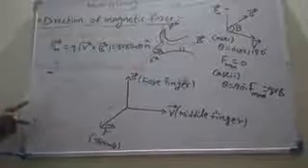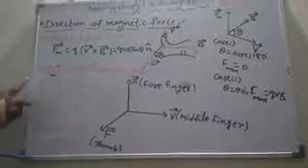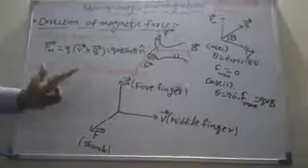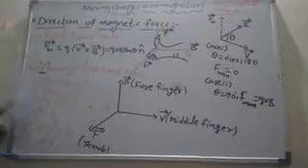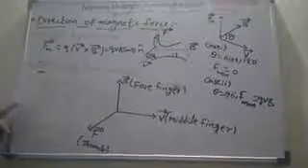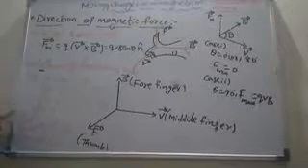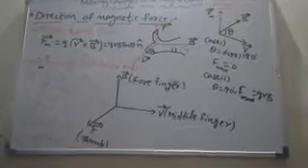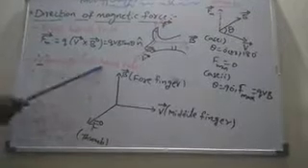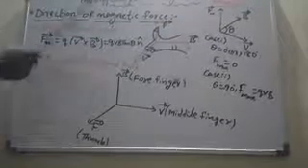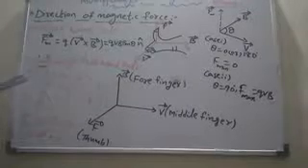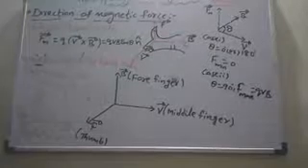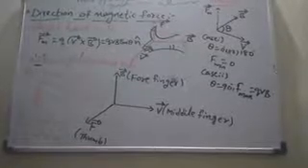It is a positive charge, so along the positive x-axis. The forefinger is the direction of the magnetic field, here the y-axis. The thumb indicates the direction of the magnetic force. That is along the z-axis. This is Fleming's left hand rule, very important from the examination point of view. The direction of magnetic force is very important. You can apply it in 3 dimensions, not 2 dimensions, and then it becomes very easy to determine the direction of magnetic force.